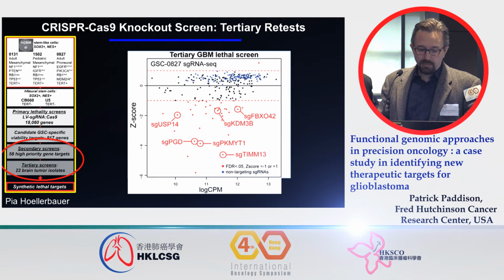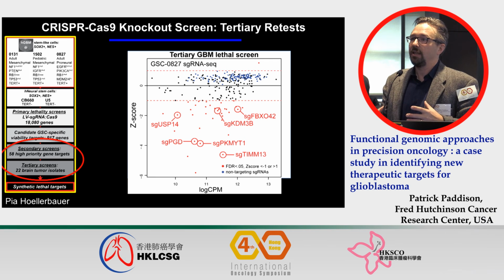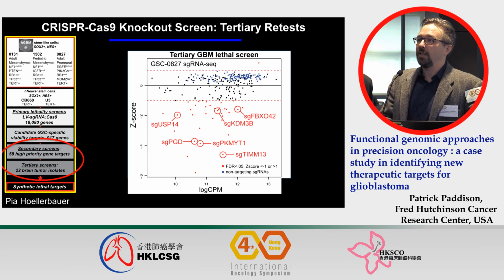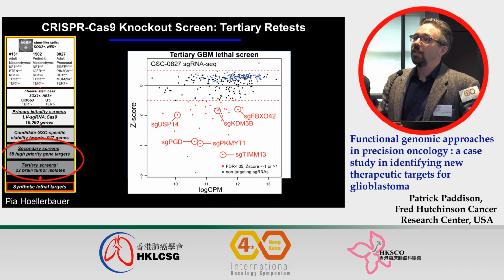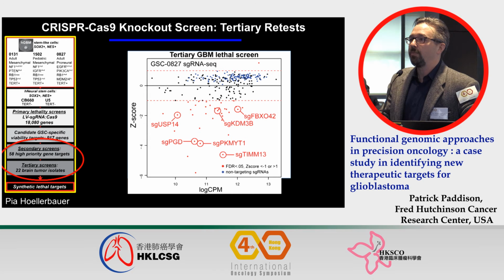And so Pia has now made a secondary screening pool of 58 high priority targets, some of which are shown here, and then done this tertiary screen in about 20 brain tumor isolates that have been genomically profiled. So the concept is,